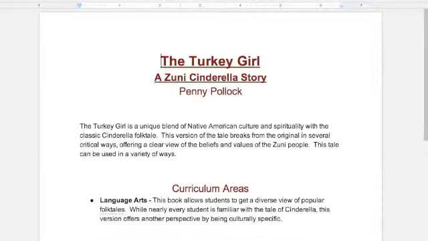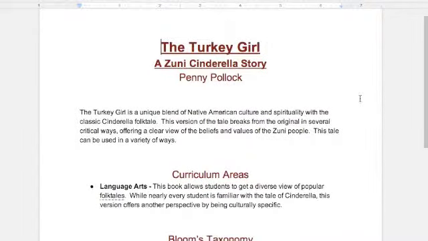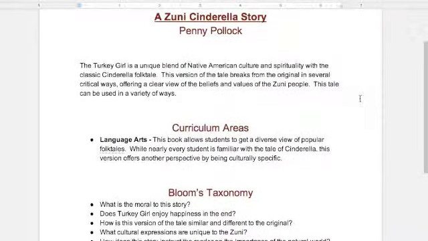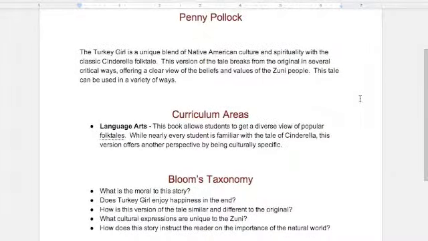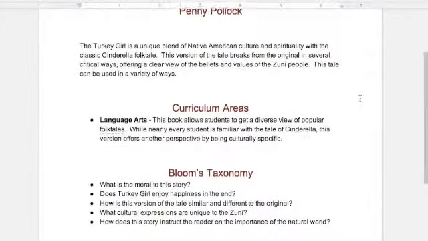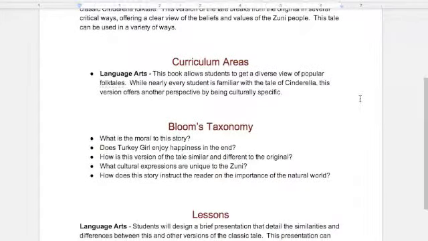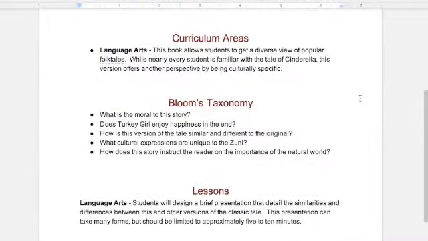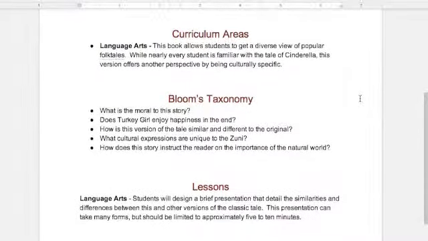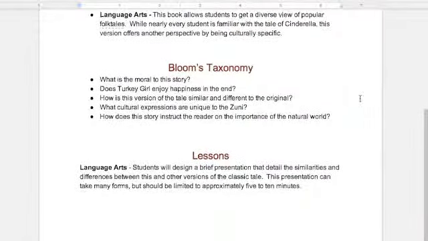Another example of a text that I thought was great was The Turkey Girl, and that was a Zuni Native American adaptation of the classic Cinderella story. And you can read into this a lot about Zuni culture and the culture of other Native American groups based on the way that the Cinderella folktale was tweaked and adapted to fit the values of that society. So again, some curricular areas that could be tied into, as well as some Bloom's taxonomy